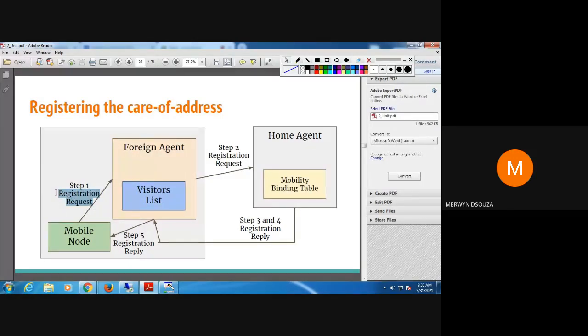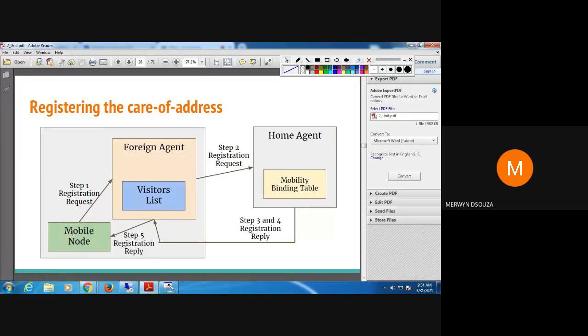It sends a registration request message, and this contains 2 addresses. One is the permanent IP address of the mobile node, and second is the IP address of the home agent.